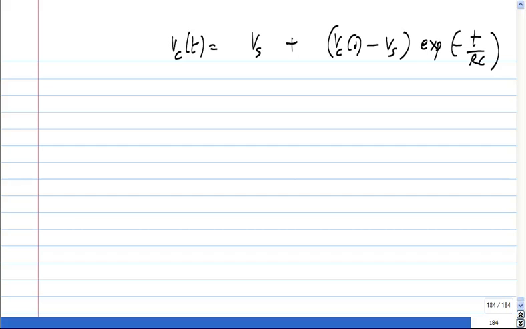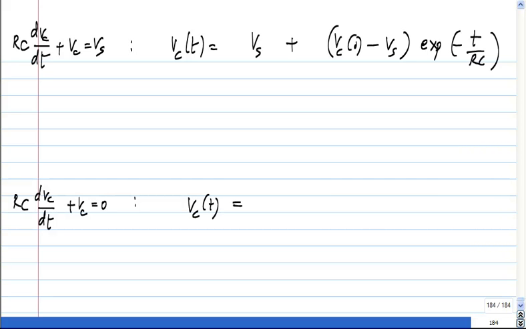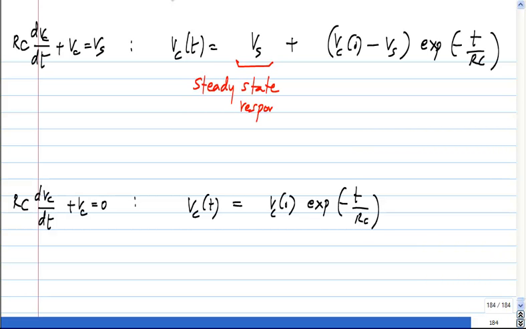So this is the solution to the general case. Then we took the homogeneous case, and the solution to that was with zero inputs. So this part is known as the steady state response,